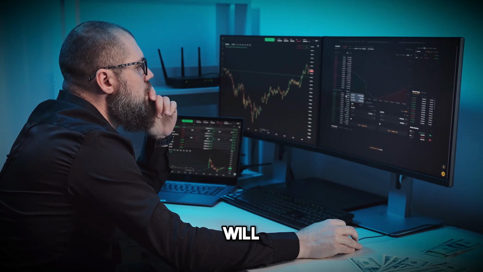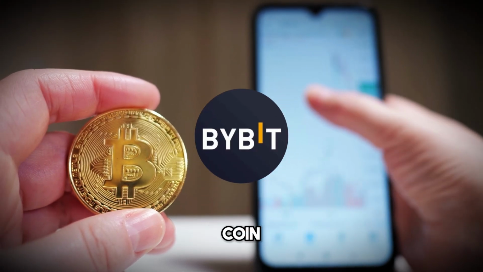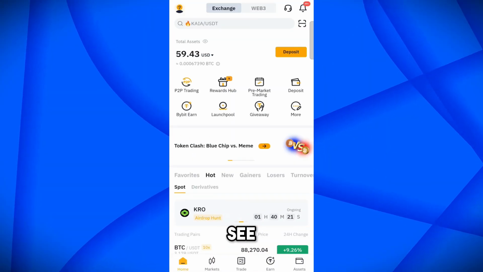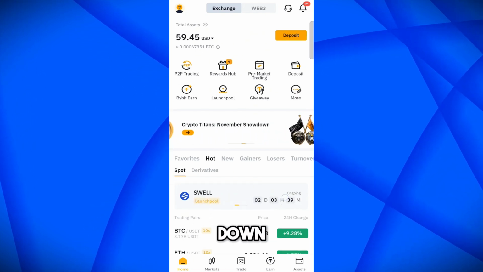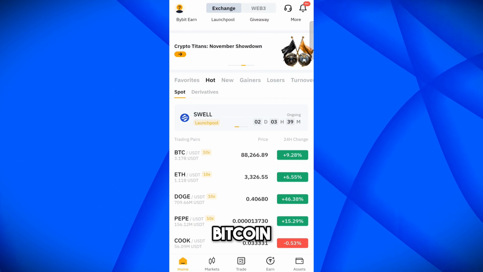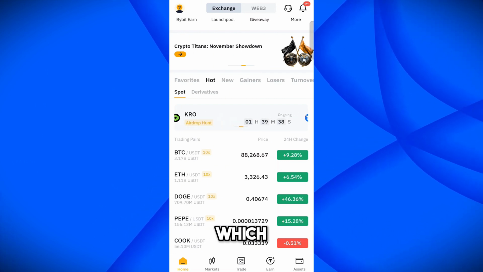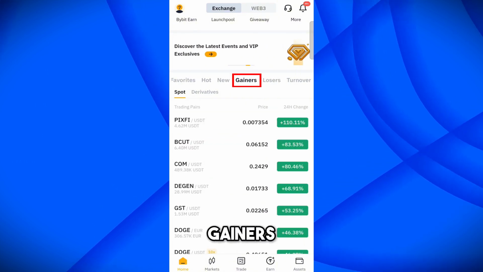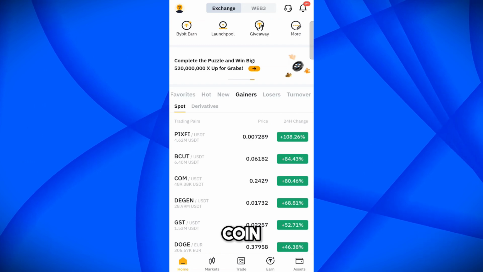In this video, I will show you how you can transfer crypto coin from a Bybit account to Binance. Here you can see I have opened the Bybit application on my cell phone. If you scroll down, you can see the Bitcoin price, which is currently $88,000, which is too much. If you come on the gainers, you will find all the gainers coins, that is how much each coin increased in